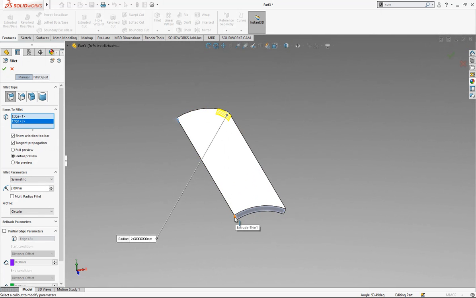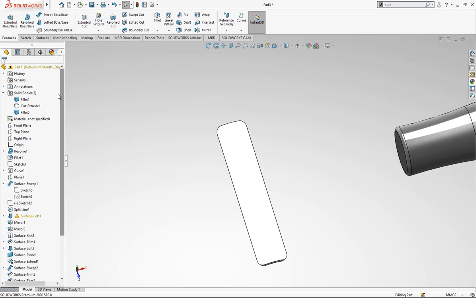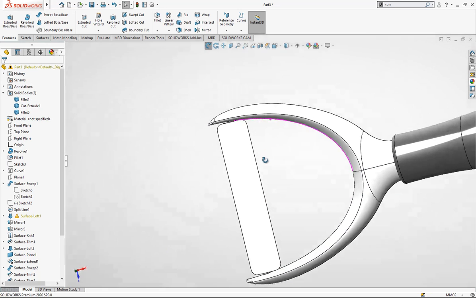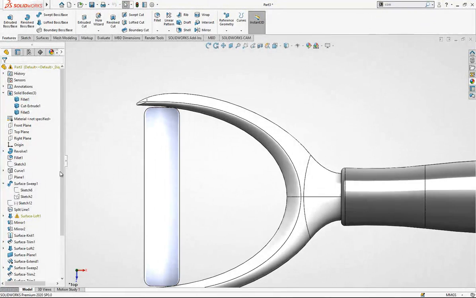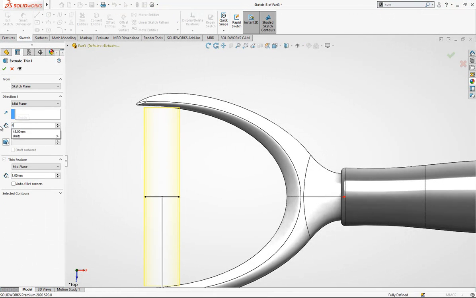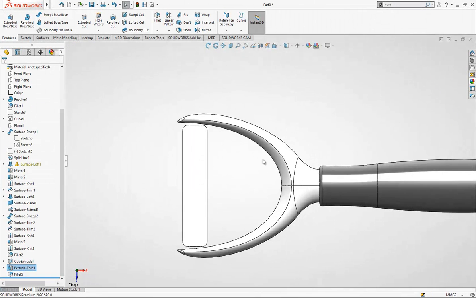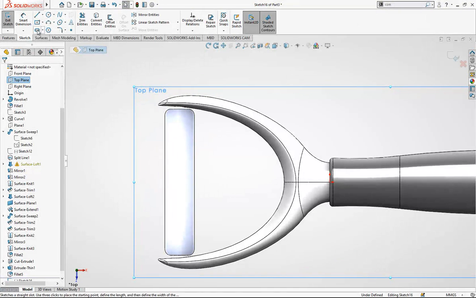Radius on the edges. I believe the radius should be bigger, or we should make it a little bit smaller, like 45. Yeah, this is good. And in the front plane, we open a sketch again,